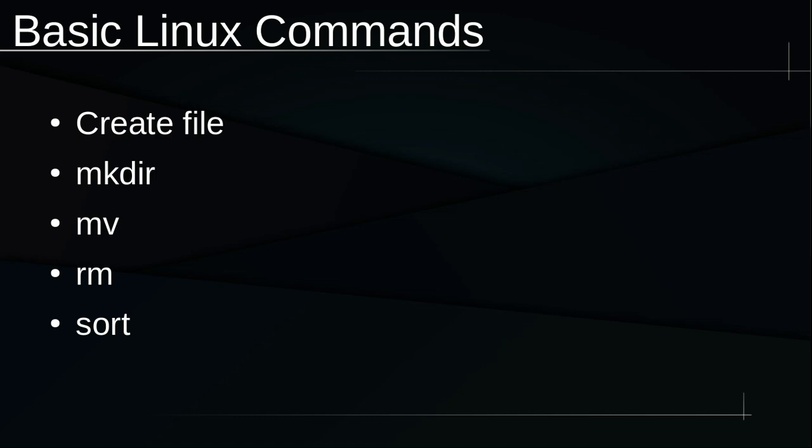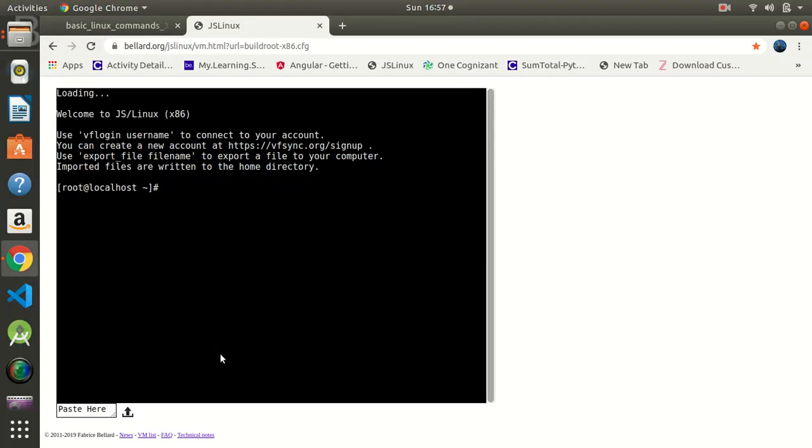At the same time we will also show how we can cut and paste files and folders from one directory to another directory. Also we will be talking about how we can delete a file in Linux. Then lastly we will talk about how we can use the sort command to sort the contents of a file based on a certain column. So let's get started. We will be doing this activity in an online Linux terminal at